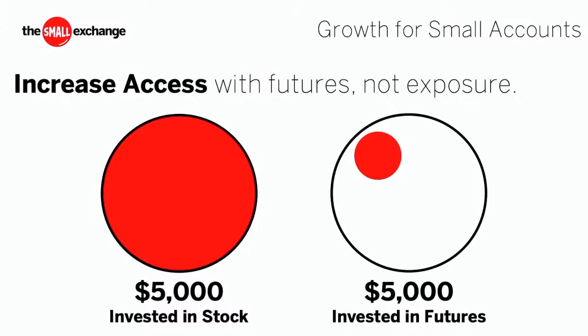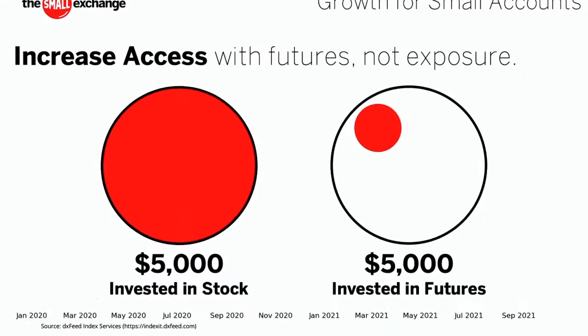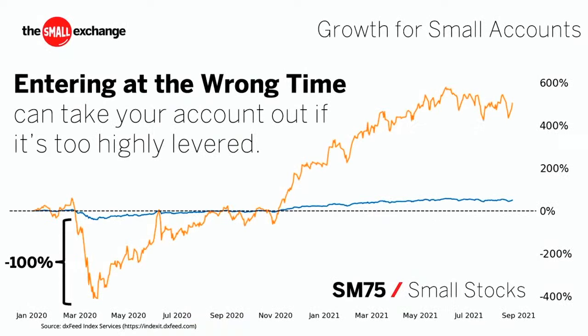That small stock 75 product, once again, is almost $8,000 worth of stock costing you less than $1,000. So maybe that's a good start. I've got $5K. I can buy one of these markets and get a little bit more than my money's worth in stock exposure and take up just a tiny amount of my account, which allows me to do so many other things. And we'll get to those other things in a second, because where futures go wrong